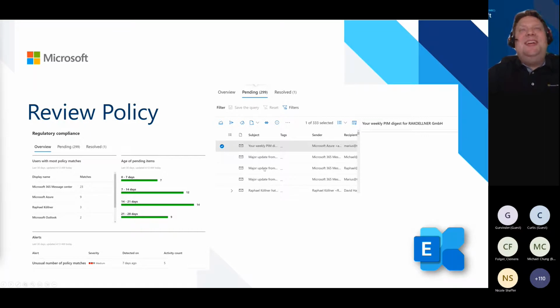So yes, for the demo environment of my demo company, I'm also using communication compliance here, and you see with this icon that these are emails, and yes, the default emails from Microsoft sent to the guys will also be found. But it's very, very interesting that you can check here if the email is correct. Is it what you have to prevent, or is it an email like this, your weekly PIM, and that's fine, that we don't look for.